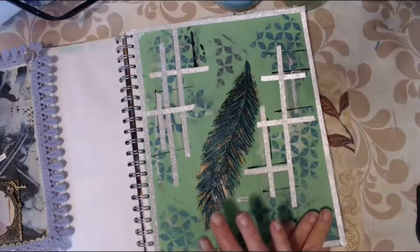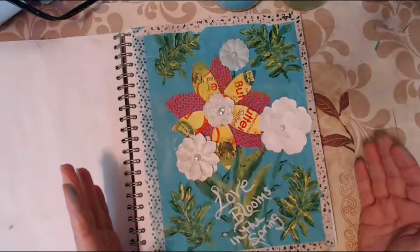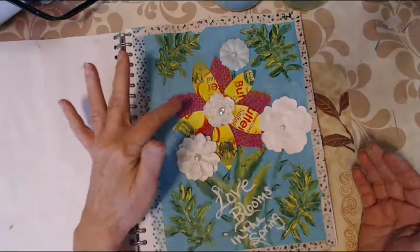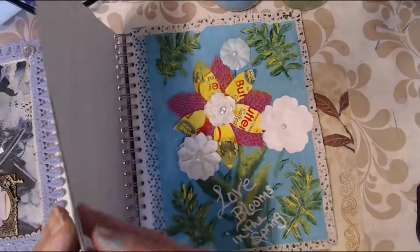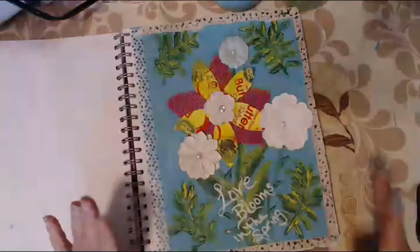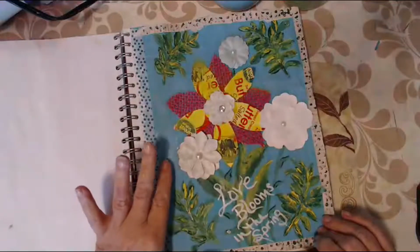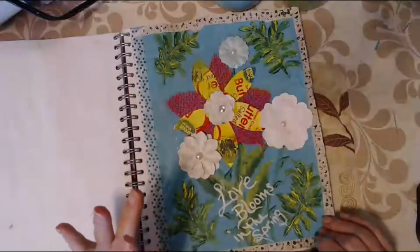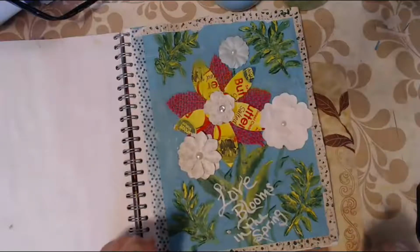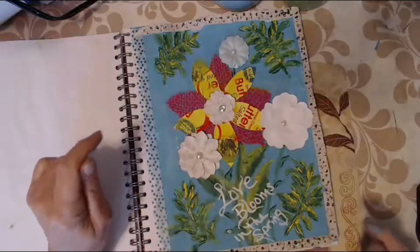And this was this month's. This one was to use a food container, and I'll have to get that prompt, and use burlap paste, gesso, colored gesso. The colors were sunshine yellow or sunflower yellow, spring green, and rose. And then to add die cuts, which is what these flowers are. And the words were bloom, growth,